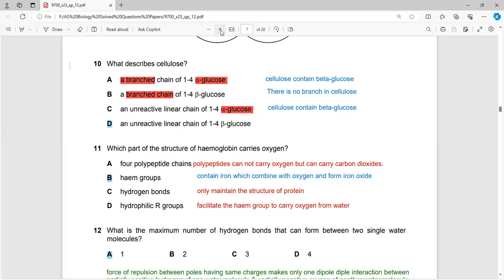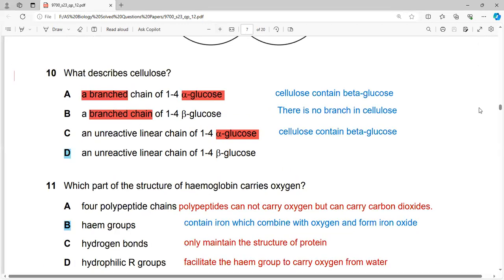We're going to move to the next question, which is also from biological molecules. What describes cellulose? So what is the description of cellulose? Cellulose consists of beta glucose with 1,4 glycosidic linkages, and every next molecule has a 180-degree alteration. So that's the overall description. What about these long chains of beta glucose? They have no